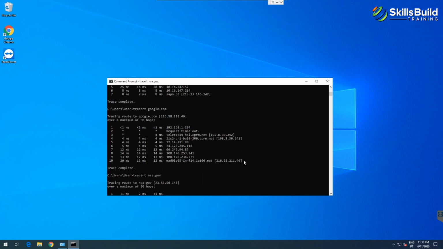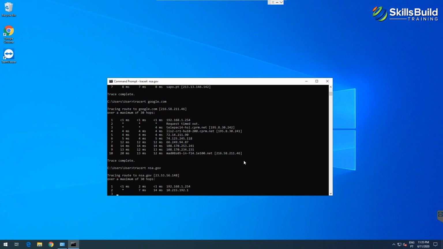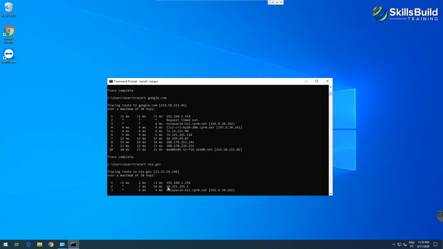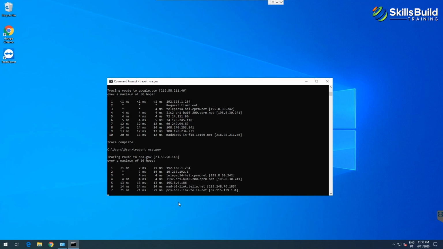nsa.gov. By the way, while doing so, this will not be logged. Nothing will happen to you. So we're just pinging the servers to get to nsa.gov. Oh, actually, we have this IP address popping up finally. So it looks like it was overloaded with pings. Okay,